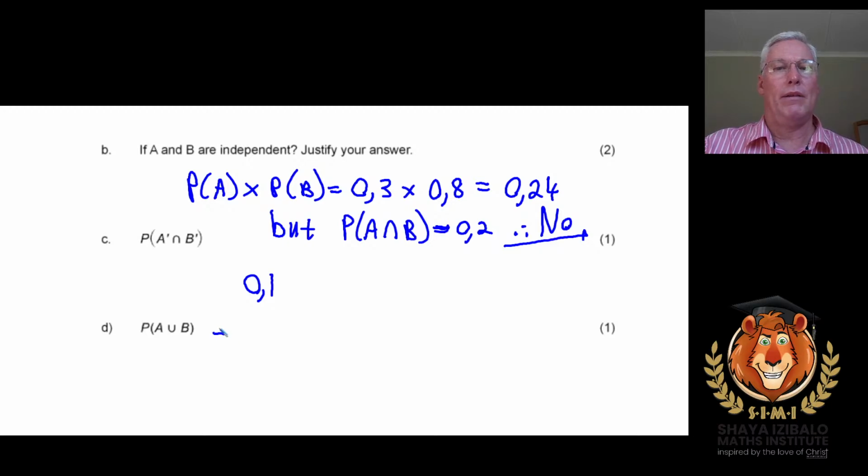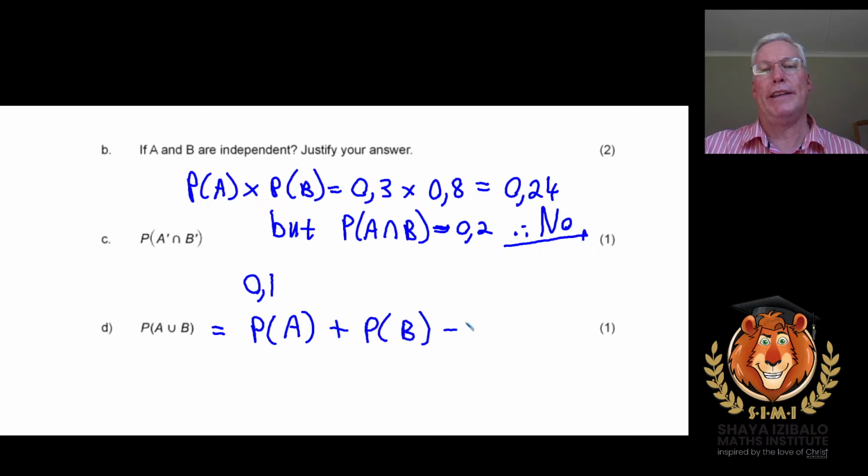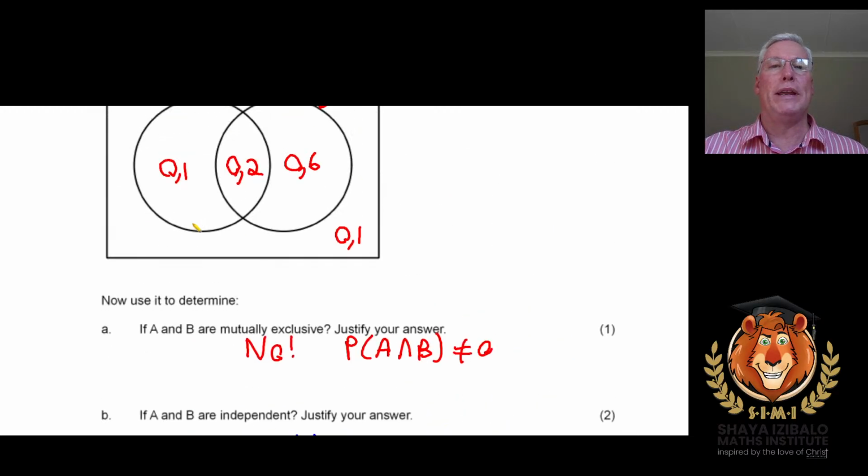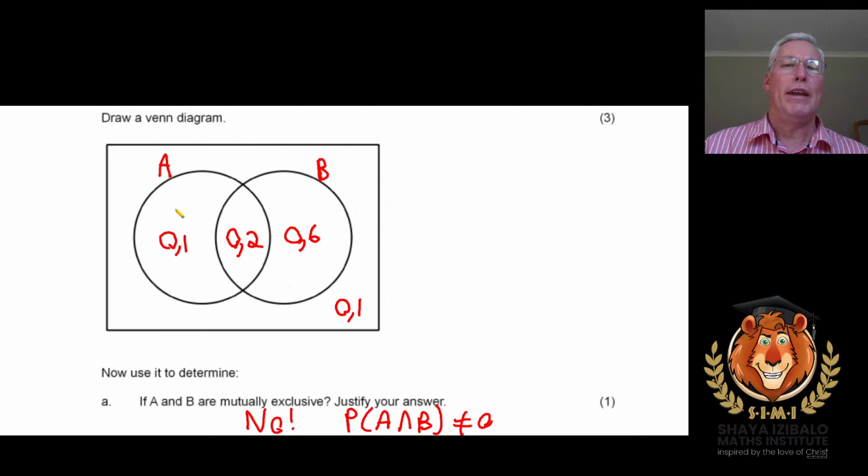Now, remember the probability of A or B is actually the probability of A plus the probability of B minus the probability of A and B. And I'm just going to show you why this rule actually works and why it makes sense and why, in fact, all of maths makes sense. If we want to know A or B, we want to be anywhere inside here. If we take the probability of A, we're counting all of that. If we take the probability of B, we're counting, sorry, not perfectly drawn, we're counting